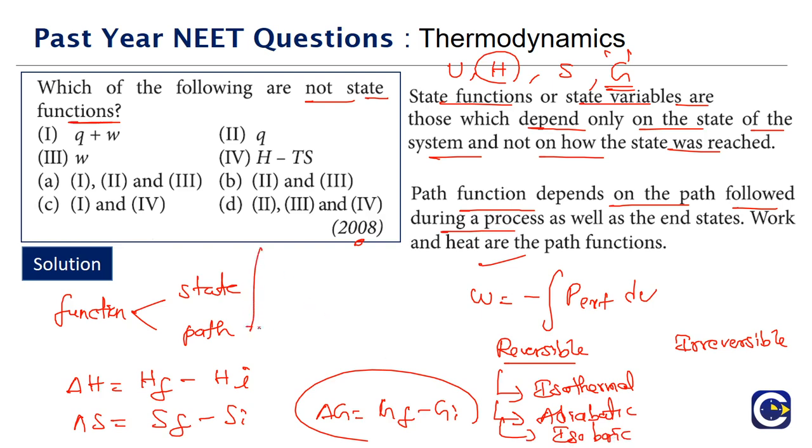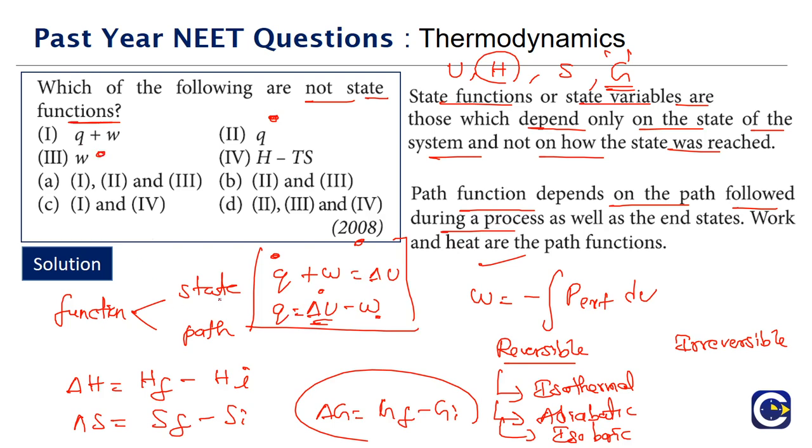And if you look at the first law formula, Q plus W is equal to delta U. Q can be written as delta U minus W. Delta U is the change in the internal energy, which is a state function. But W is a path function, which means Q also will depend upon the path. So clearly Q is a path function. W is a path function. And here what we are looking for?